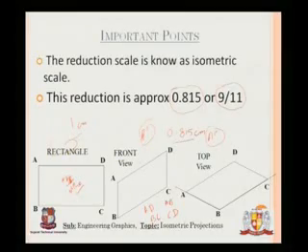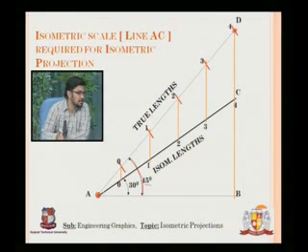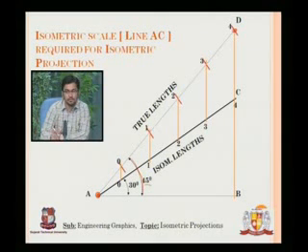How to derive isometric scale? Now the next thing is how to derive an isometric scale. For an isometric scale, first of all, we'll draw a line at 45 degrees. This is 45 degrees, and this line from A to D has been drawn, and then these marks have been taken, which you can assume to be 1 inch each. So this is 0, 1, 2, 3, 4, so they have named it. So this is 1 inch, 2 inch, 3 inch, 4 inch and 5 inch, we can assume that.